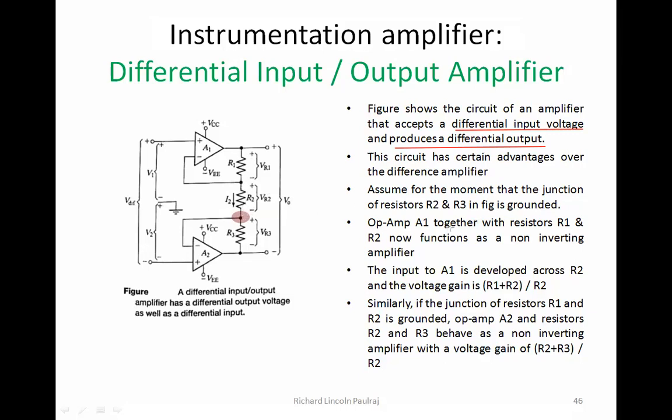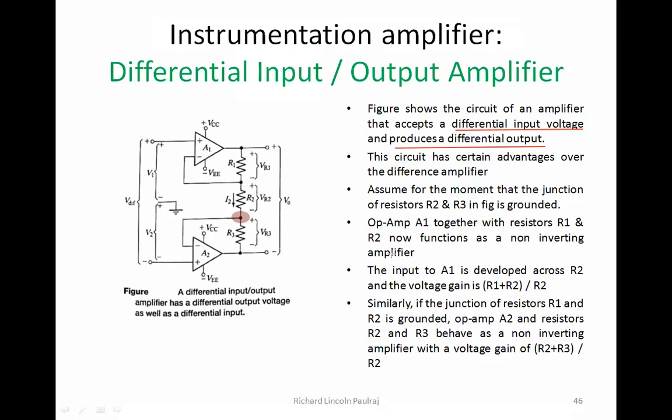Okay, so op-amp A1, the op-amp which is at the top, together with resistors R1 and R2 now functions as a non-inverting amplifier. How is it non-inverting? Because the ground is connected here, right? And I am giving my input here at the plus terminal, and I'm getting negative feedback here via R1, and of course I have R2. So my final output is going to be across R1 and R2, right? So this is forming a feedback loop from R1, getting into the minus terminal of my op-amp A1, right? I hope till this point it is clear.